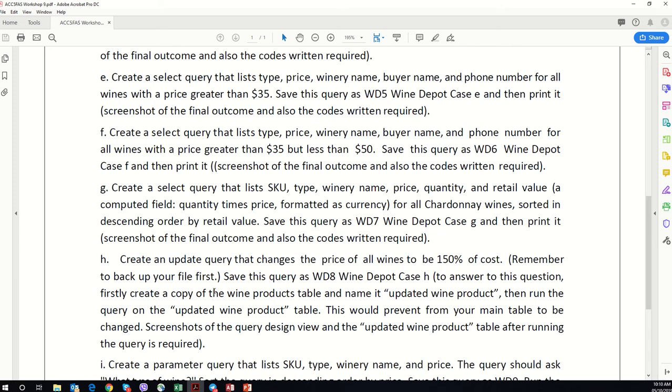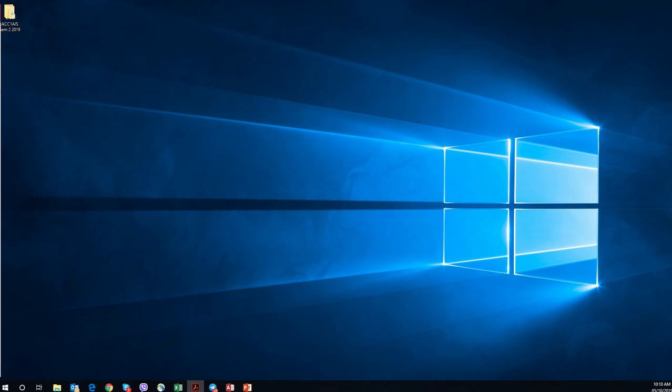Save this query as WD8. So instead of actually changing the price of all the wines to be 150% of the cost, we can create a select query, and then in that select query we create a new field, and then compute the price of the wine to be 150% of the cost. Okay, so we can do that using a select query without basically changing the whole